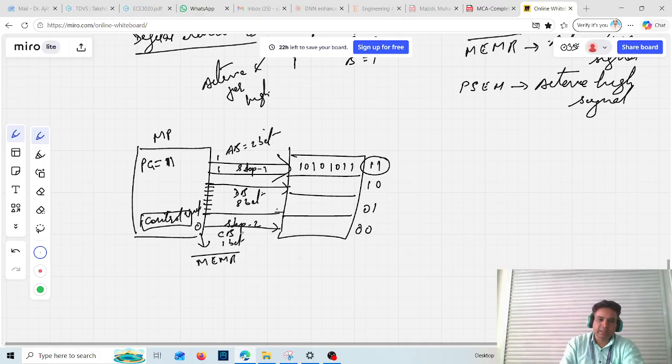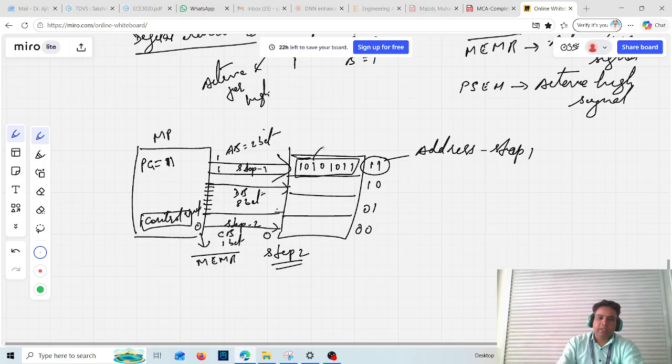So a zero is loaded on the control bus, and this zero will be sent to the memory chip. After step two, the memory chip will know, from the address sent by the microprocessor in step one and the control signal received in step 2, that this data